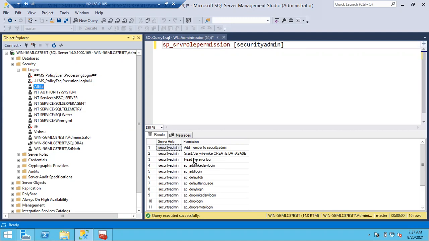That is one thing. Second thing is, once this assignment is completed, change the roles to security admin. And again, imagine two logins, Afifa and Vishnu. Imagine Afifa is a security admin, Vishnu is a sysadmin. Add Afifa into security admin, Vishnu into sysadmin. And try to delete Vishnu's login and let me know what is the result.